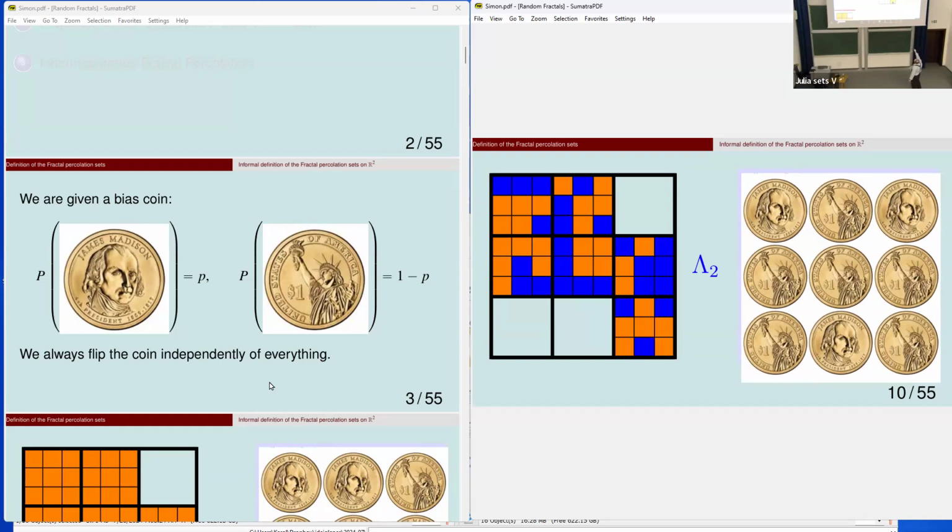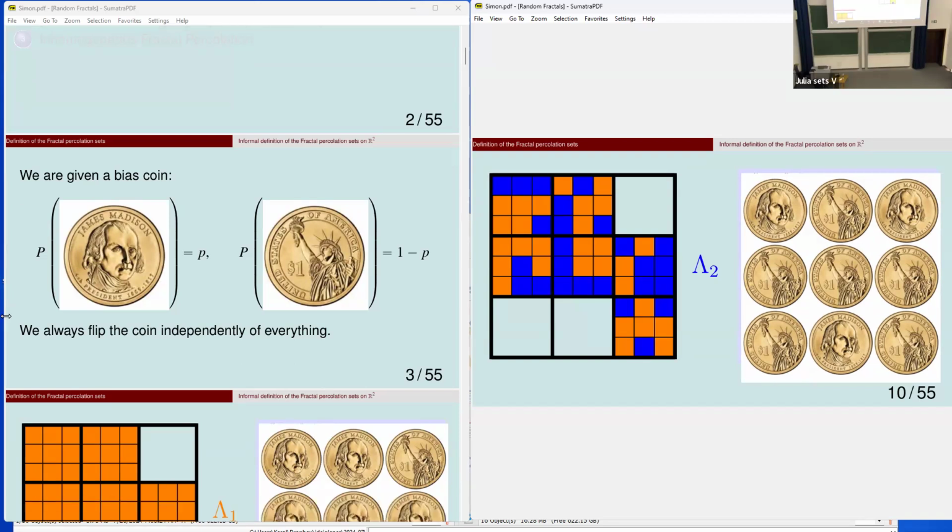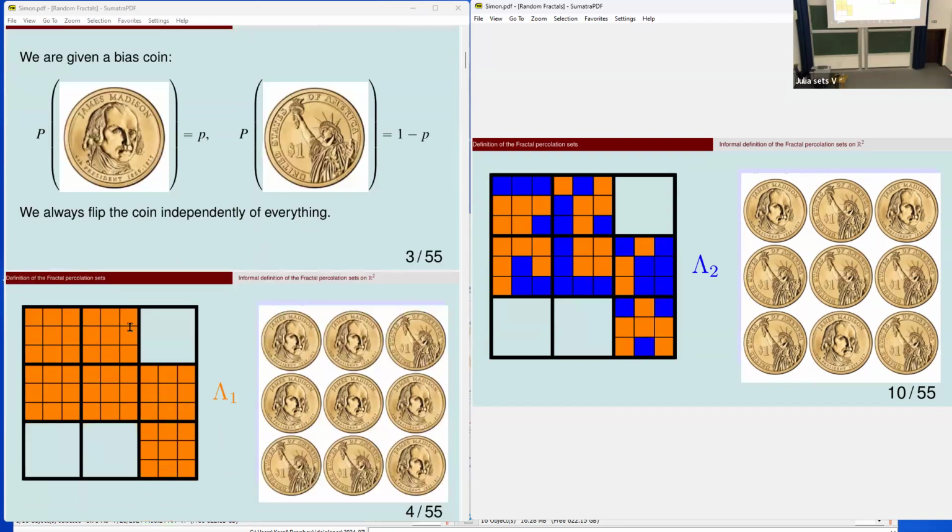So the union of the blue is the second approximation. The first approximation was simply the union of the orange. This was Lambda 1. For the second approximation, in each retained square we repeated the original process independently of everything. Then the union